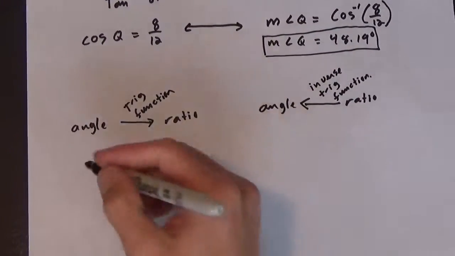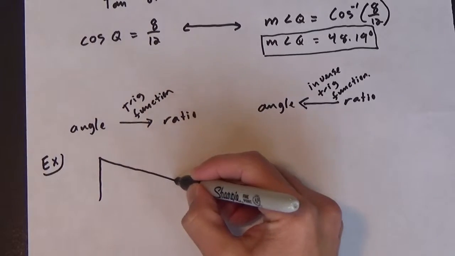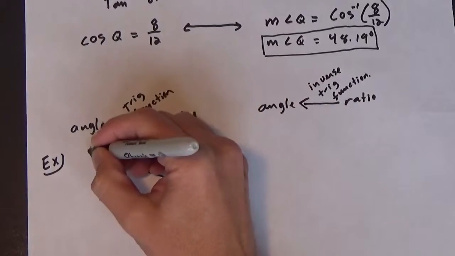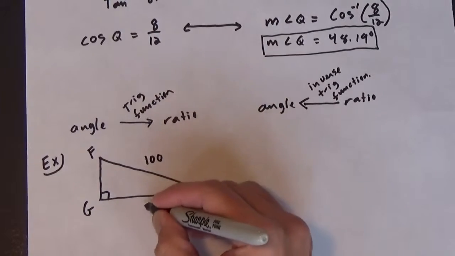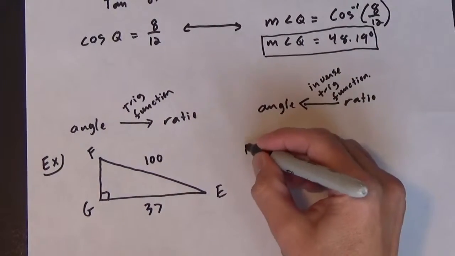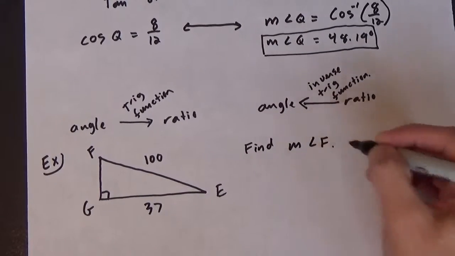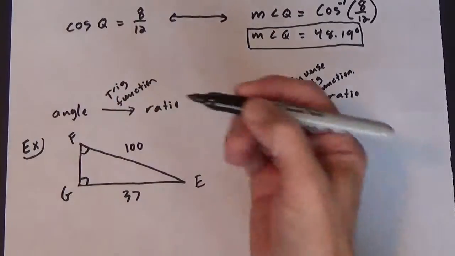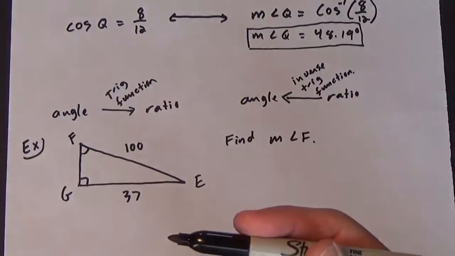Okay, let's do a couple of examples. Let's say we have this triangle here. This is going to be E, F, G. That'll be our right angle. This will be 100, and this will be 37. And we want to find the measure of angle F. So here's the angle of interest, angle F. And relative to F, that's the opposite side, that's the hypotenuse,